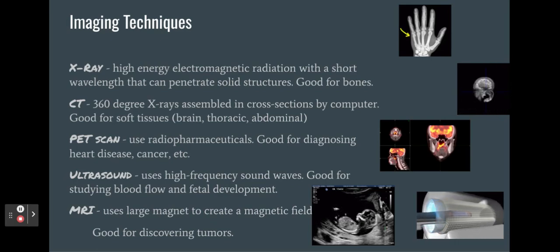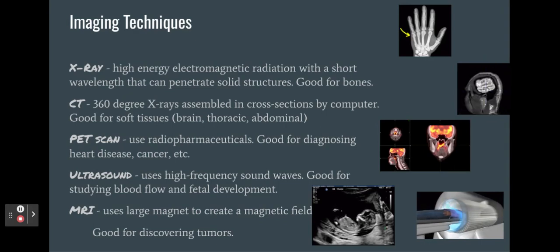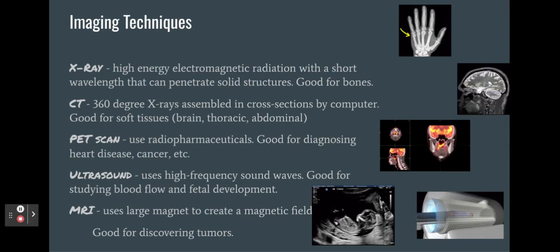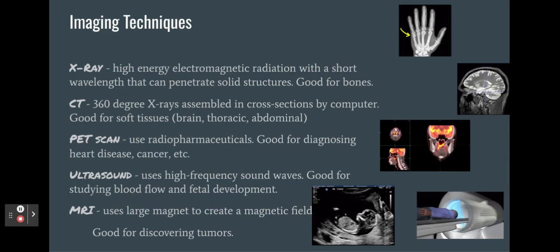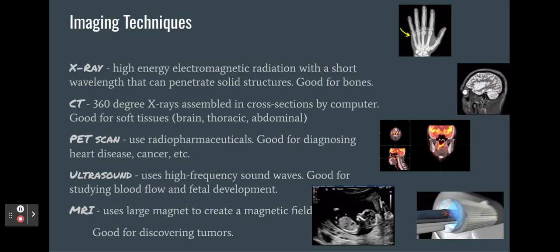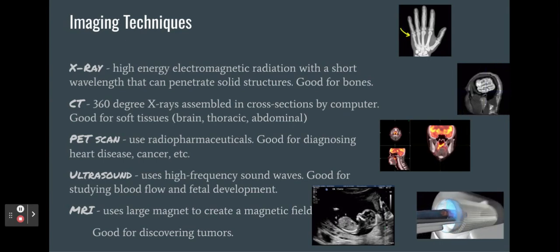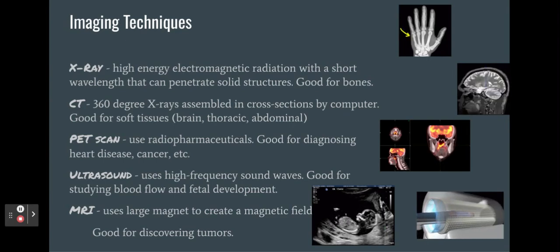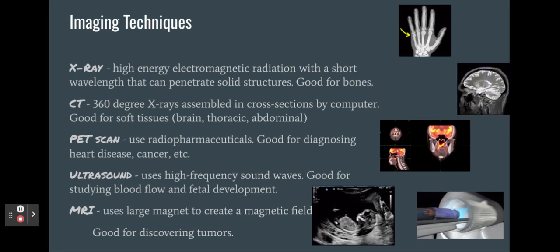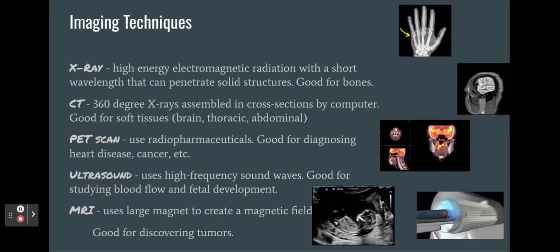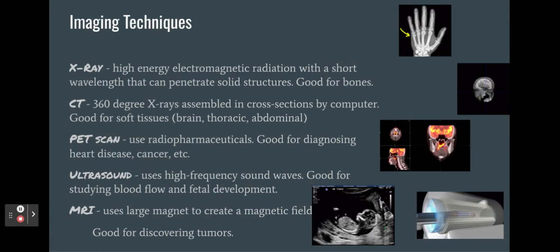In CT, or computed tomography, a scanner rotates around the patient taking X-ray images that a computer then combines into a 2D view of the area that was scanned. CT is especially good for the scanning of soft tissues like those in the body cavities. It allows doctors to measure the size of structure with precision. One drawback is that it exposes the patient to a large amount of radiation, which could put them at higher